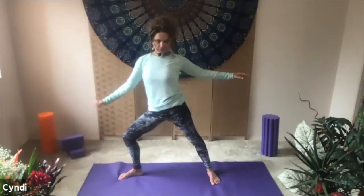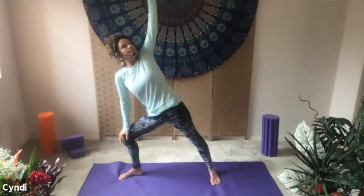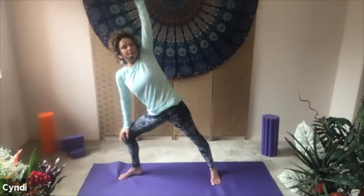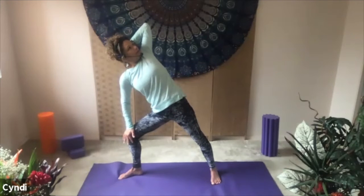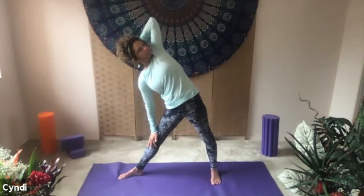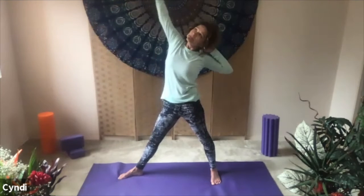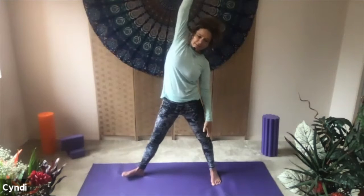Moving in the direction, take a lunge. Soften the shoulders. Rest the hand on the thigh. We'll come up, look up, rotating the wrist. Reverse direction. Good. Take the hand behind the head. Pulling that shoulder and that elbow back, look up. Straighten the front leg. Good. Lift that arm and reach back. Drop the arm. Come back to the center, bringing the feet parallel and bring the hands down next to the